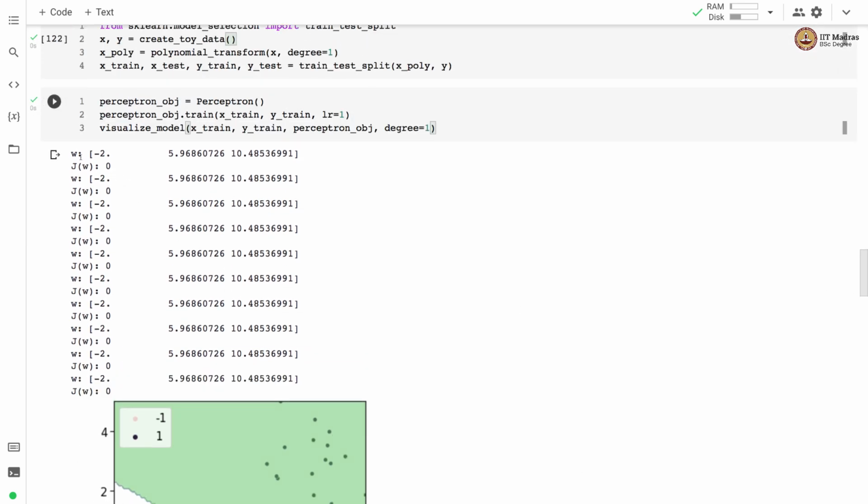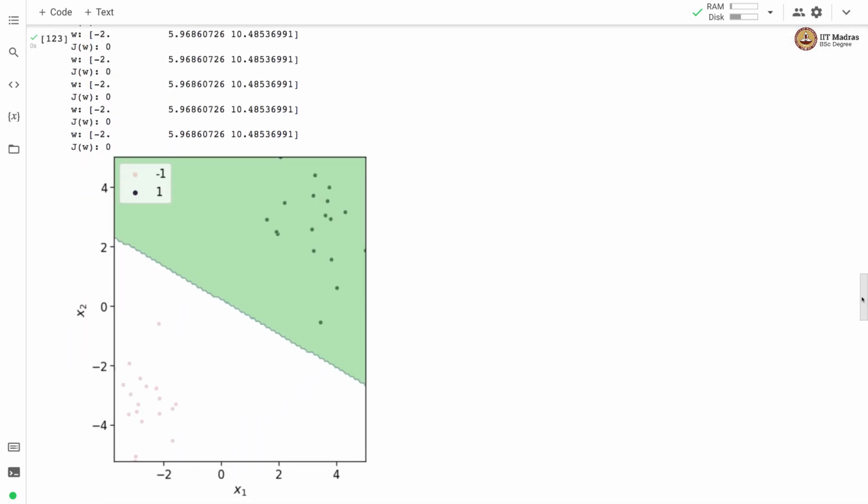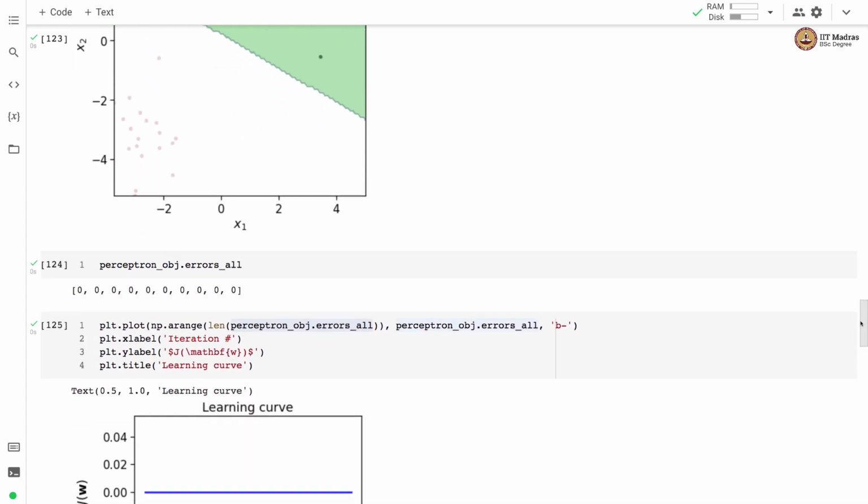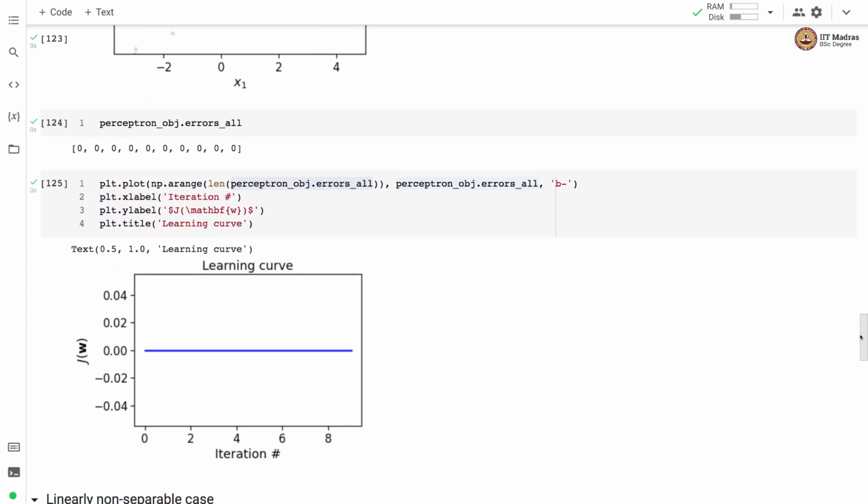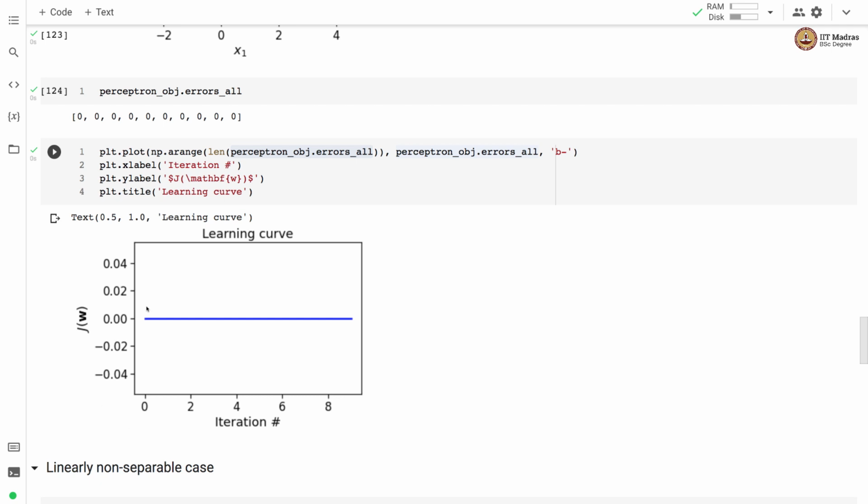And these are the values of the weight vector and the loss after each epoch. So there are 10 epochs, so we can see 10 different values of the weight vector and the losses. We can plot the learning curve, and we can see that since errors were all 0 across all the iterations, we have a flat learning curve with a 0 error.